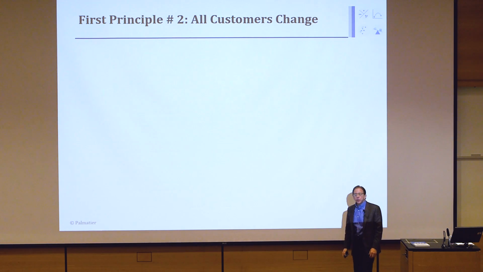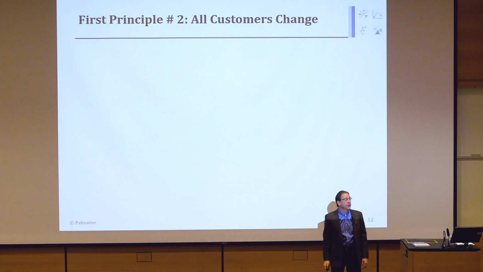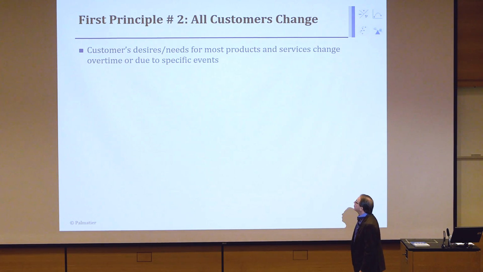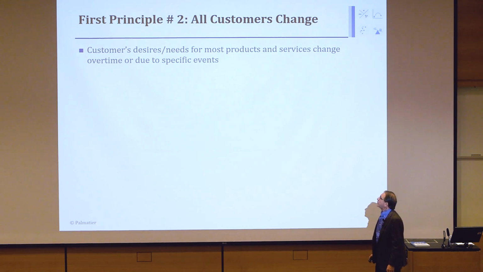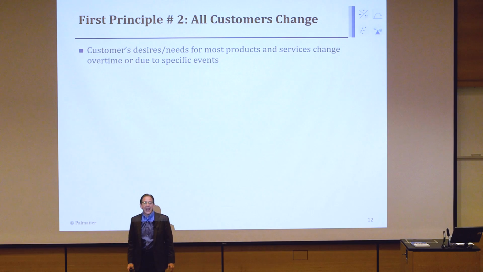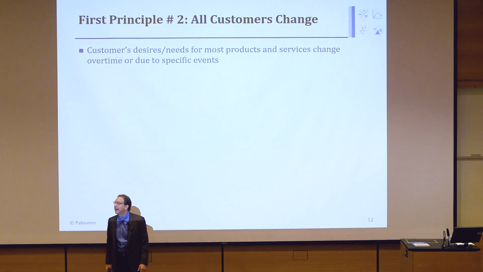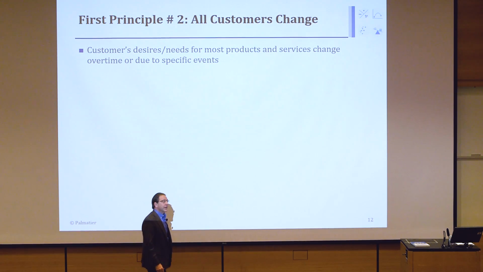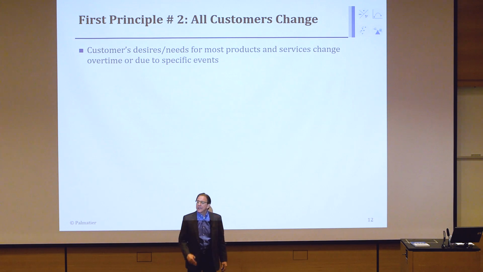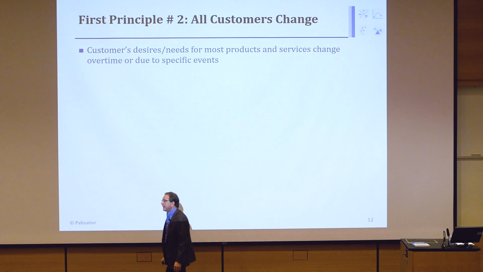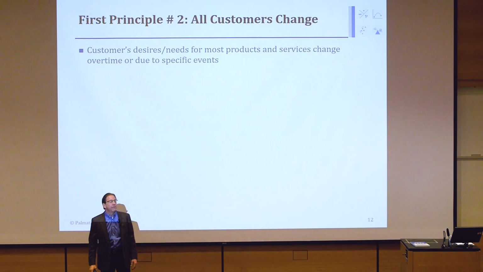Okay, now I'm going to do the same thing for market principle 2, just a quick overview on a couple of slides. First, customers' desires and needs for most products and services vary over time. We feel that's a fact. Let's stick to our automobile example. Do you think the needs for the car you have while you're a senior in high school, or maybe a freshman at college, are going to vary versus the car that you need when you take your first job?